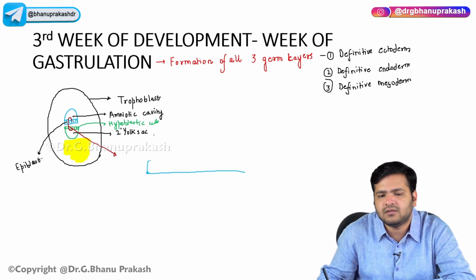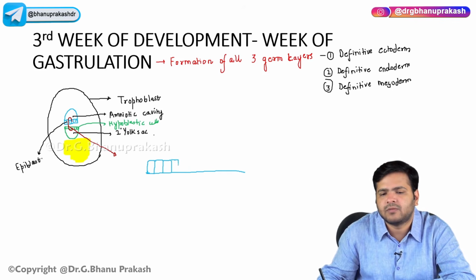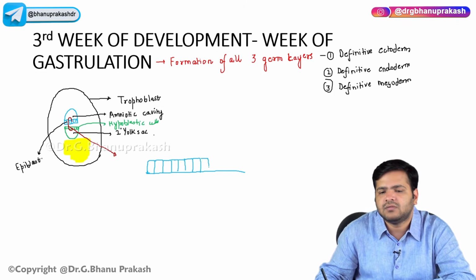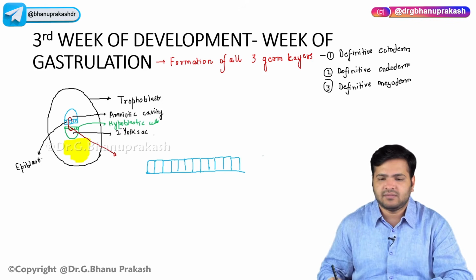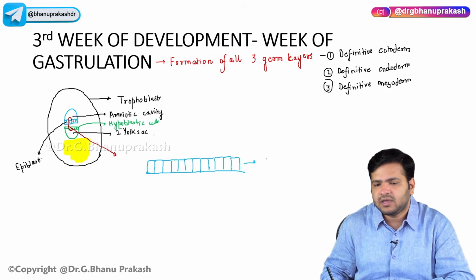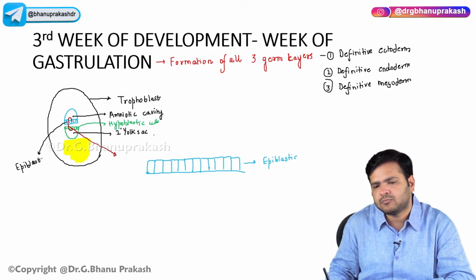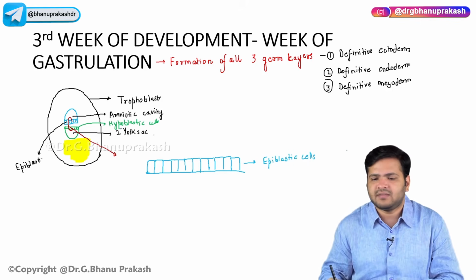So, you can see that these are long, tall columnar cells. These are the epiblastic cells, right? So, yes, this is the epiblastic cell, and these are columnar cells,